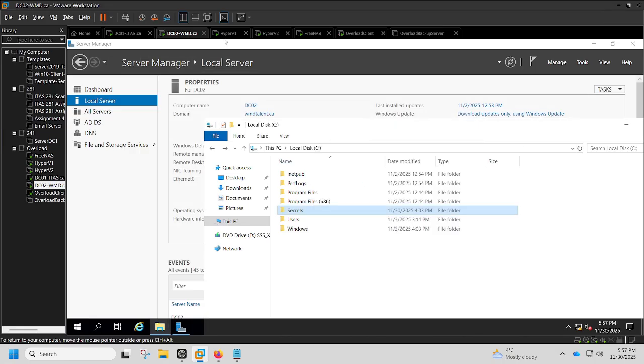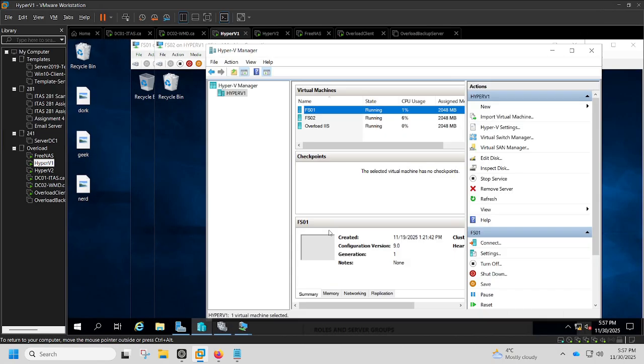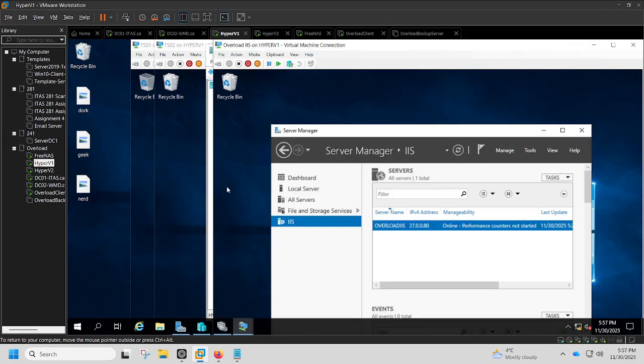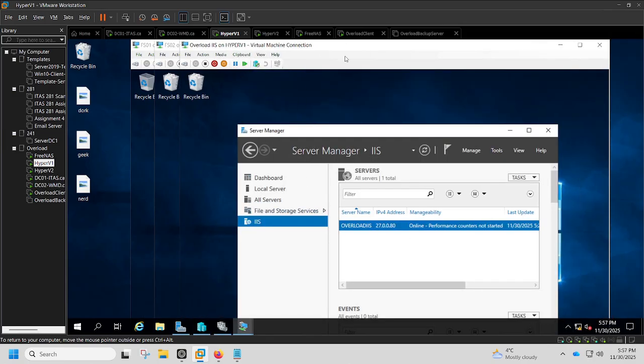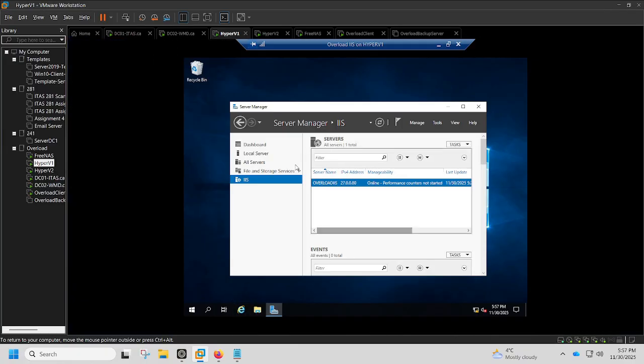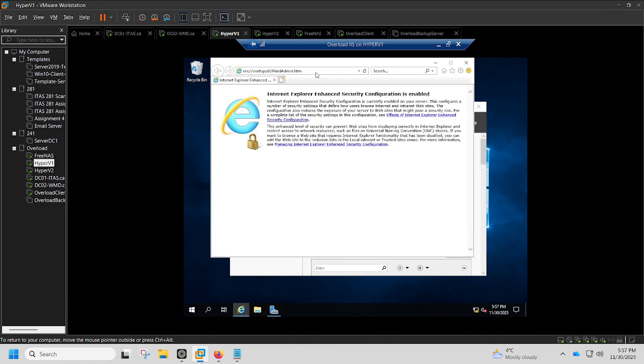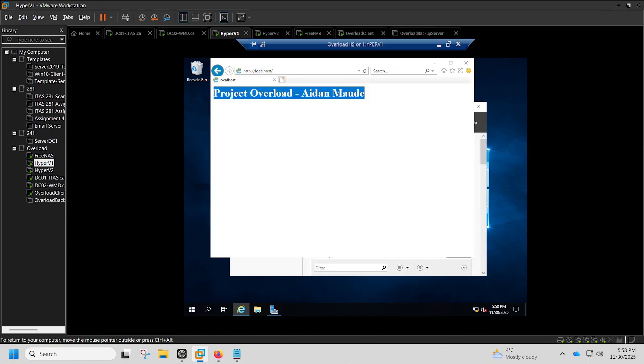secret share. We've got Hyper-V 1, which is hosting file server 1 and 2 and the IIS overload VM, which all work. For the IIS VM, it is hosting IIS, and if I just go to localhost,